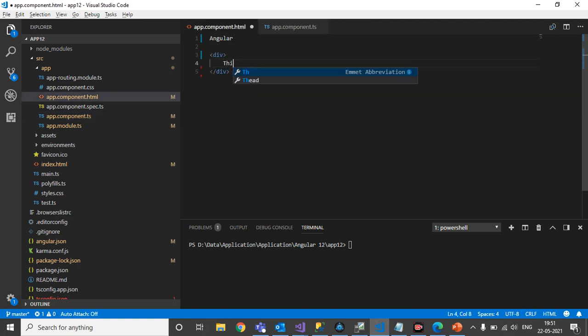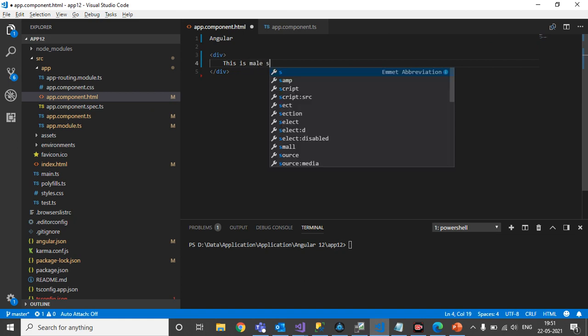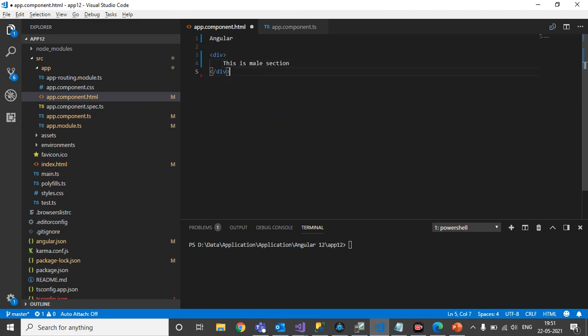If this is a div and in this div we say this is a male section, and the other div will say this is a female section. Based on some condition, the result should be that either one of the divs is visible, not both divs should be visible on the DOM, it should be visible on any one. So in this case we will use the ngIf condition.